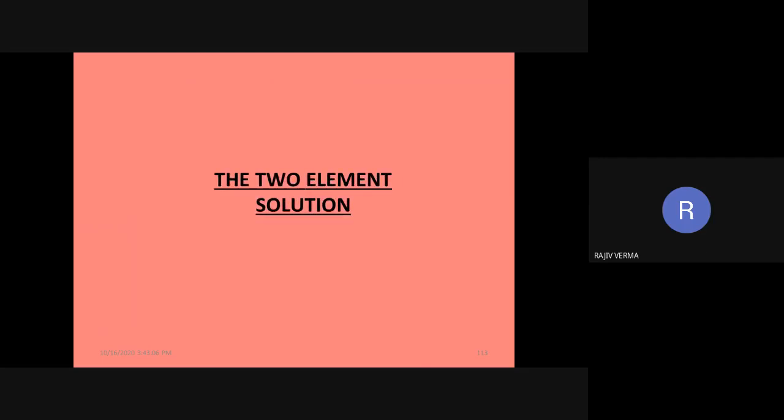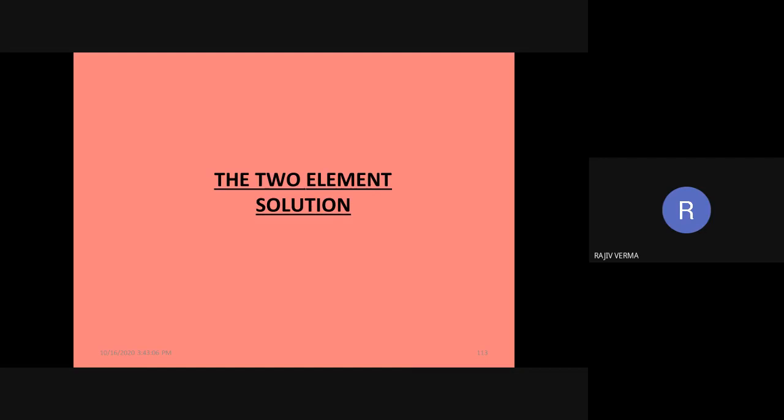So in the next class tomorrow, we are going to extend the theory which has been developed just now into 2 elements and 4 elements. So kindly revise this particular topic which we have done today. This is going to be extended to 2 element and 4 element solution.